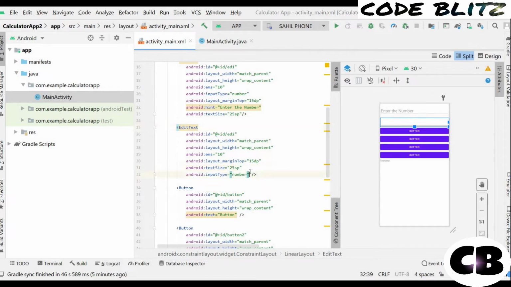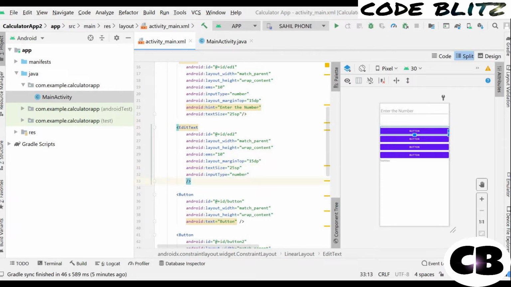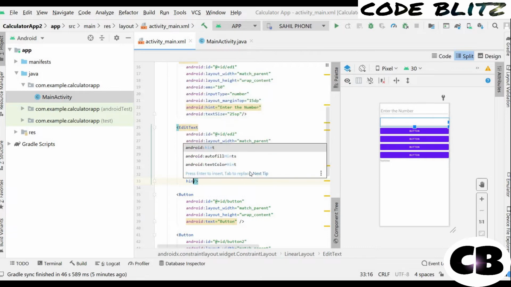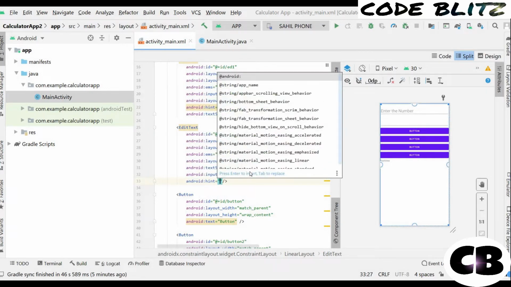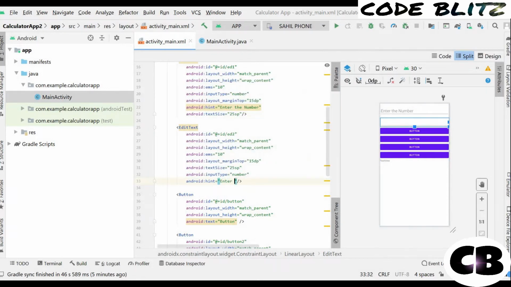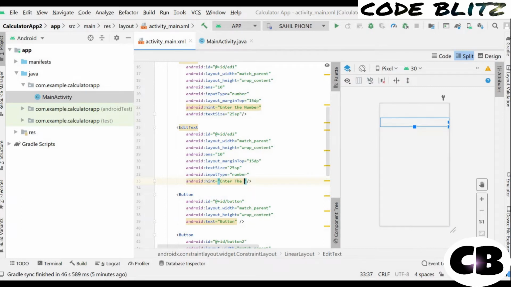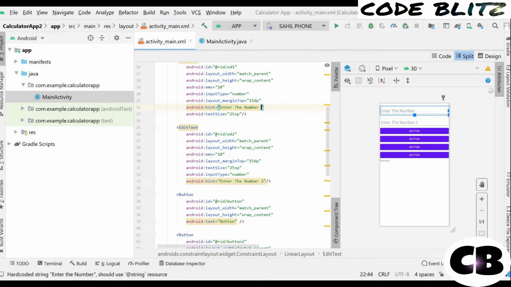Let's provide a hint so the user will know what he has to type. So hint, I will write here again, enter the number, let's write here 2 and here 1.